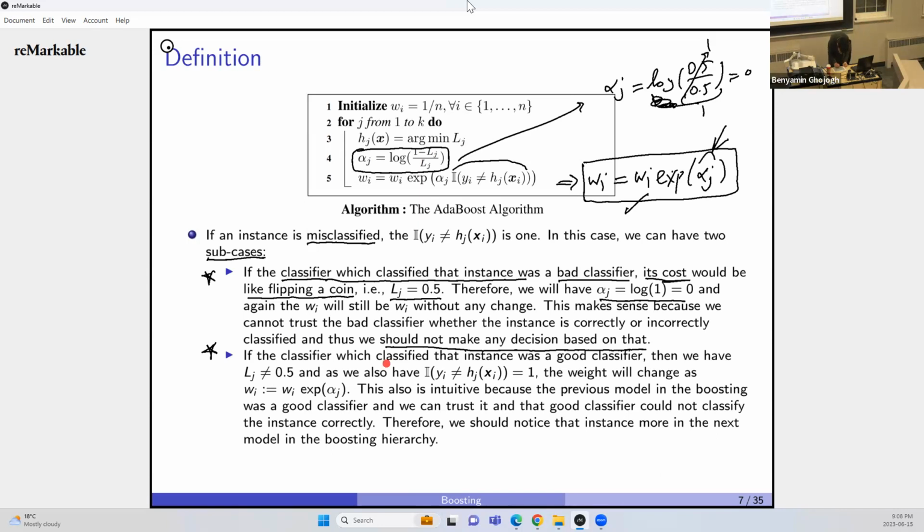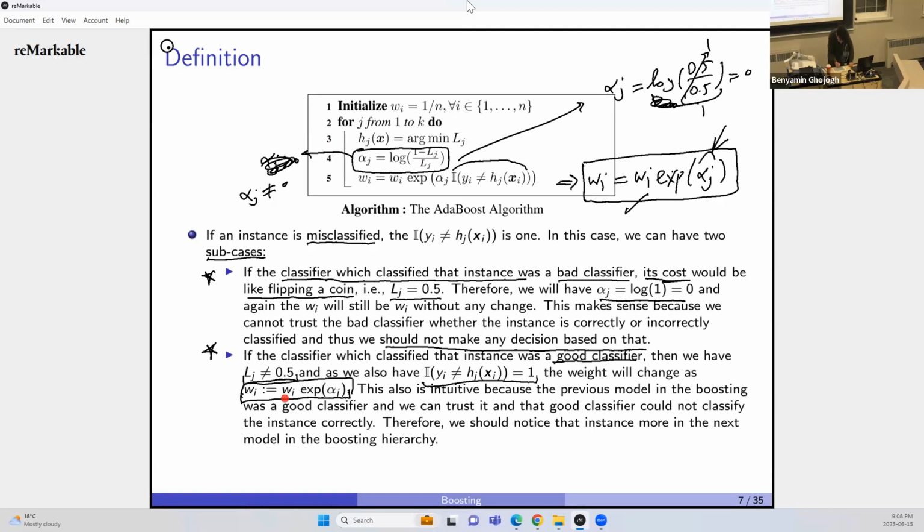If the classifier which classified that instance was a good classifier but misclassified, oh, this is a danger. It was a good classifier, but it misclassified. Therefore, I need to update my weight. I need to give more weight to that point. So this indicator function is 1 because of misclassification. Lj is not half. Therefore, alpha j, I think it will be greater than 0. Or at least alpha j is not 0. Okay. Therefore, we'll have this,